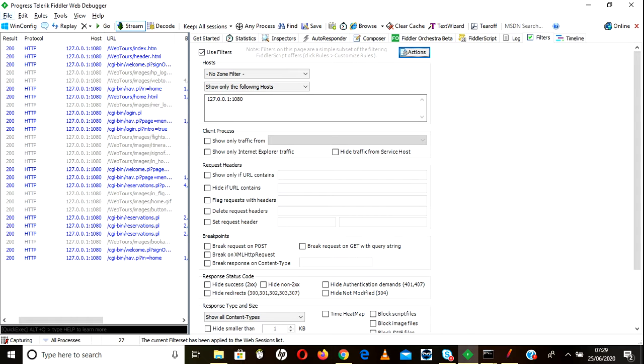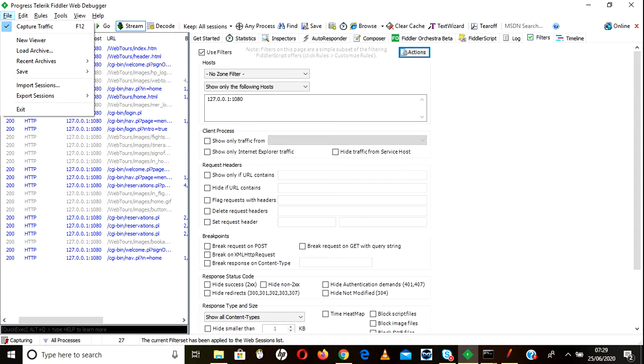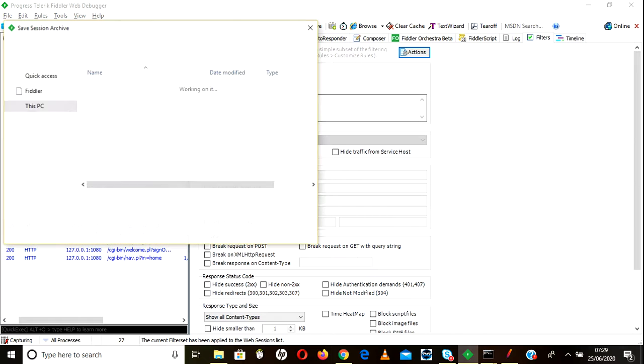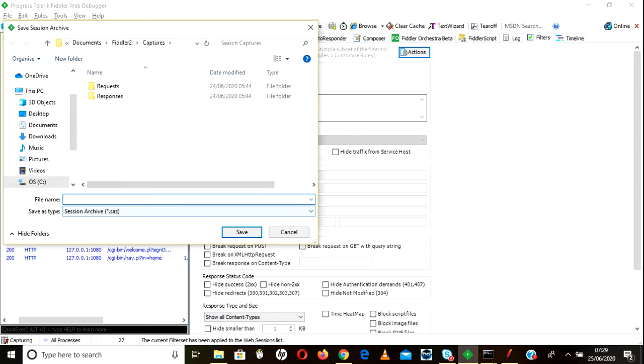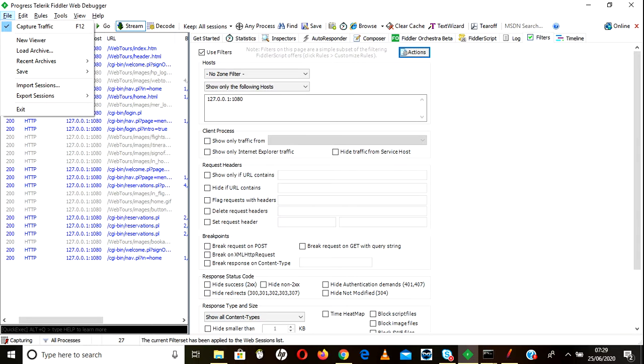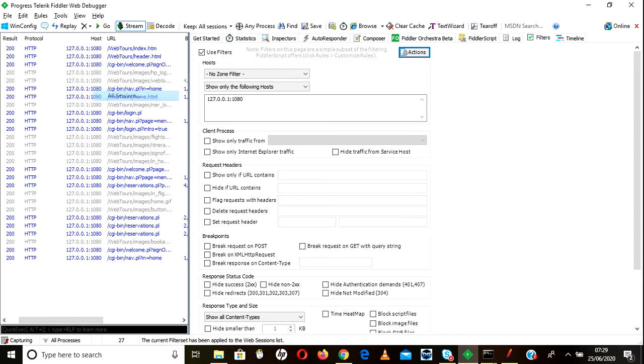Once you get all your data, just go here, save all sessions. Not a SAZ file, you have to save it as HAR, otherwise go to export sessions.